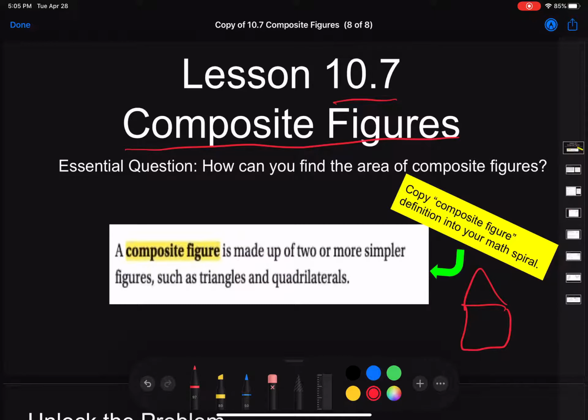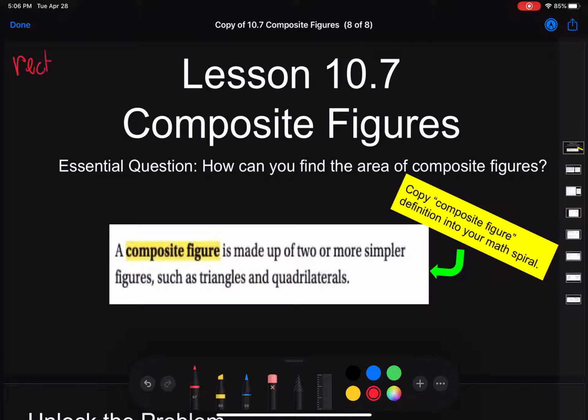So here's the definition again. It's made up of two or more simpler figures such as triangles and quadrilaterals. I'm going to erase a little bit of this, and this is what I need you to put in your notes first under this lesson. So under 10.7 composite figures, I need you to put